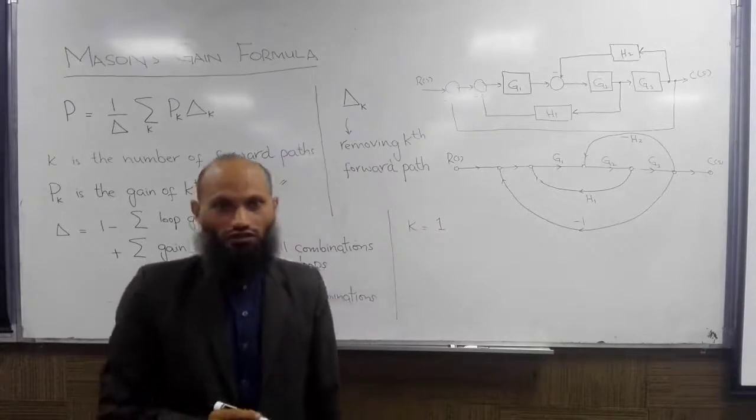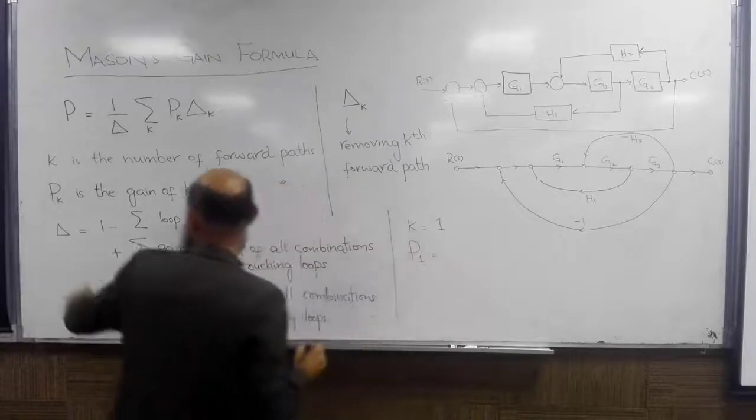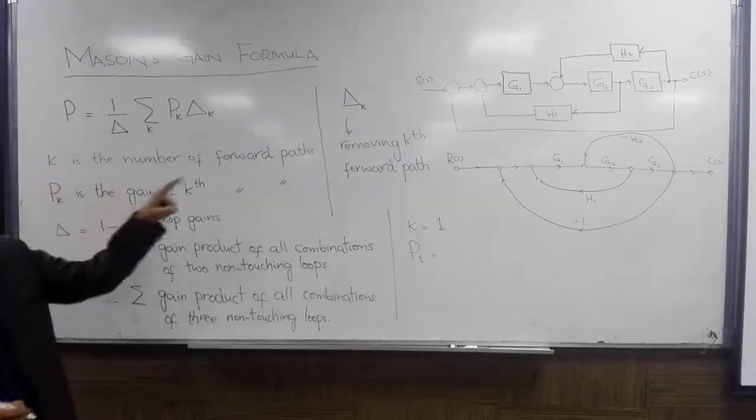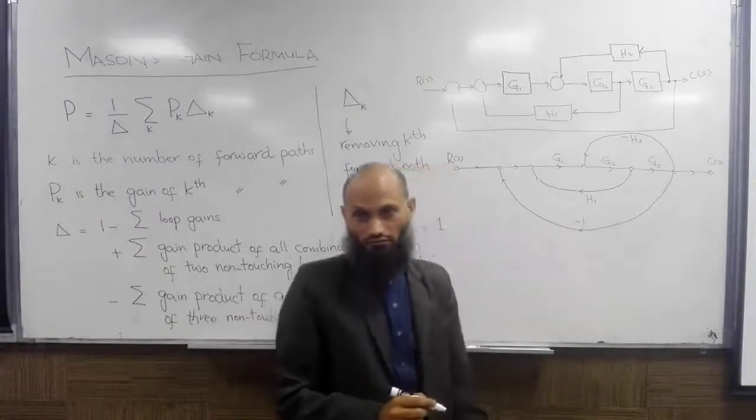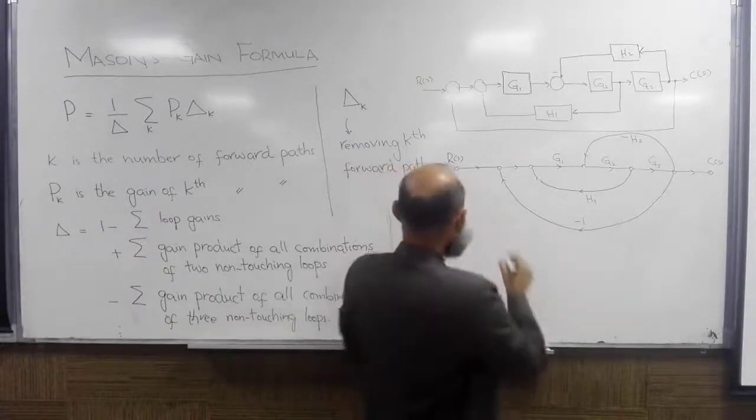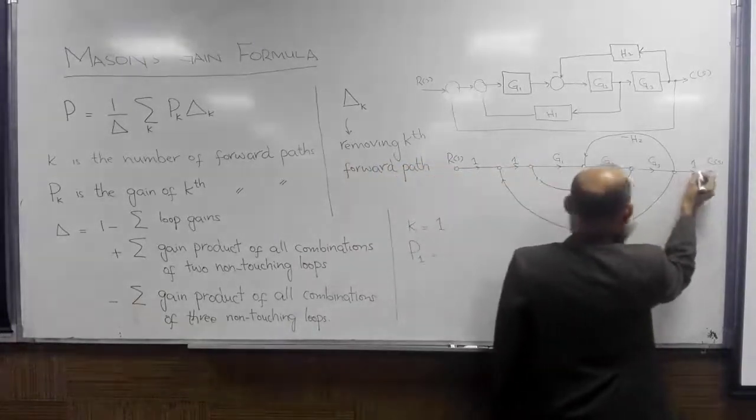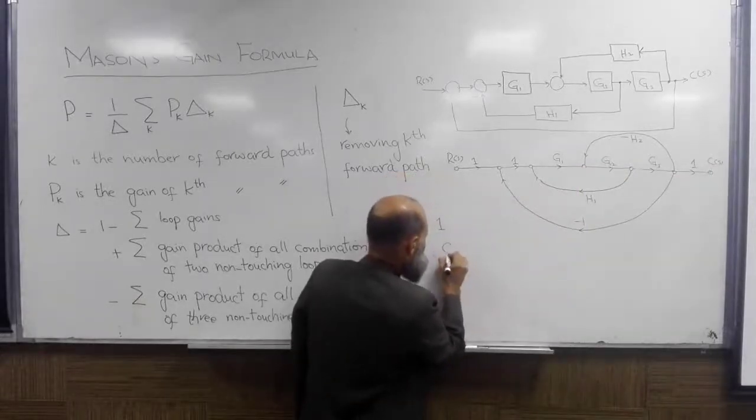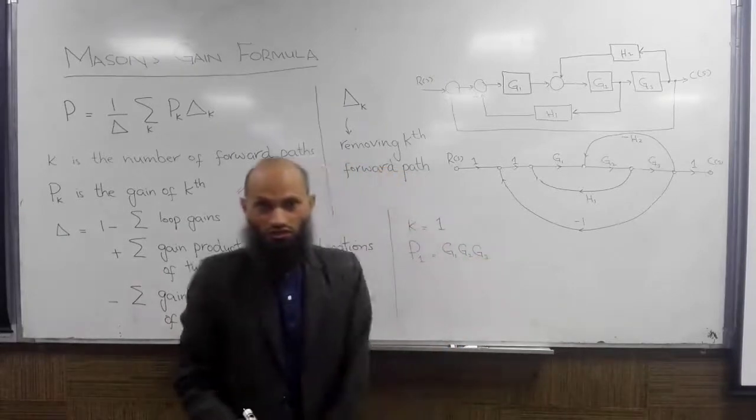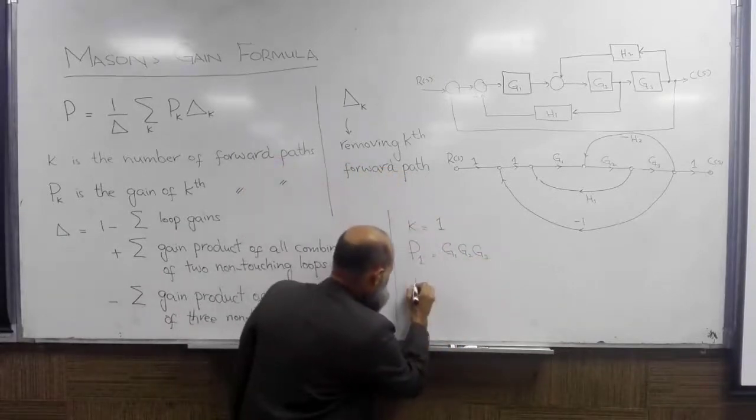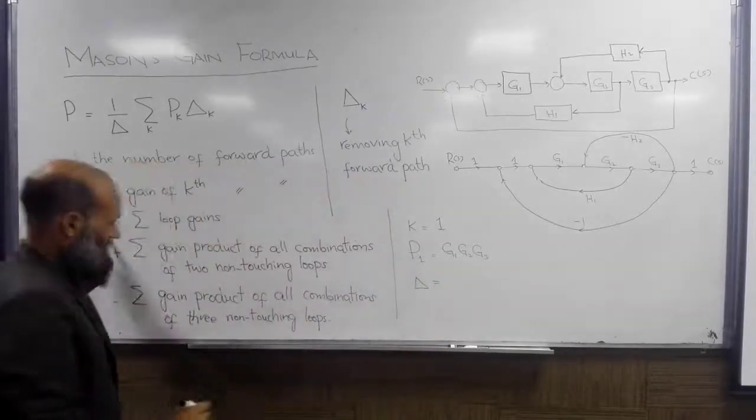Right? What is the gain of this forward path? What is P1? Pk is the gain of that forward path. What is the gain of that forward path? G1, G2, this is 1, this is also 1, and this is also 1. So it is G1, G2, G3. Right? What is delta? Delta is equal to 1 minus